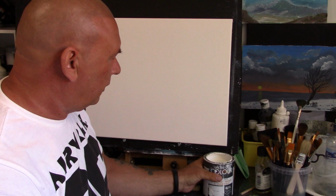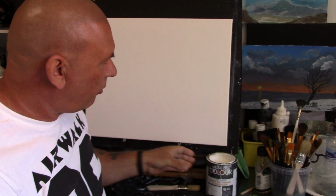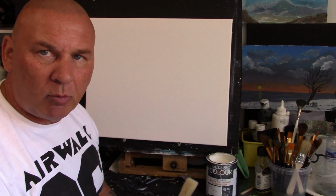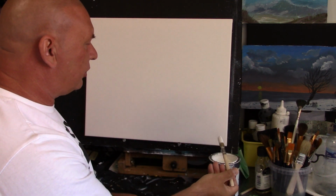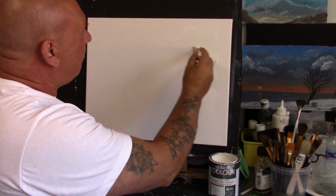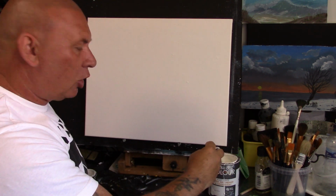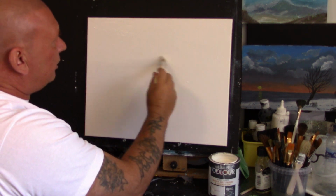I don't know if you can see that there, but there's a nice mixture of white, which makes a very nice consistency to go over here. So I'm just going to go over this and show you what I mean. I'm going to get an old brush, and it's quite a thin mix. Basically you just go backwards and forwards. It's a little bit sticky because of the glue element, but what it does is put a nice slick